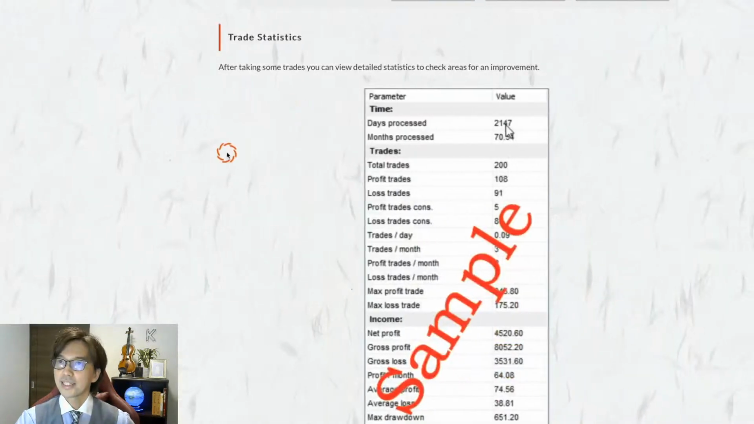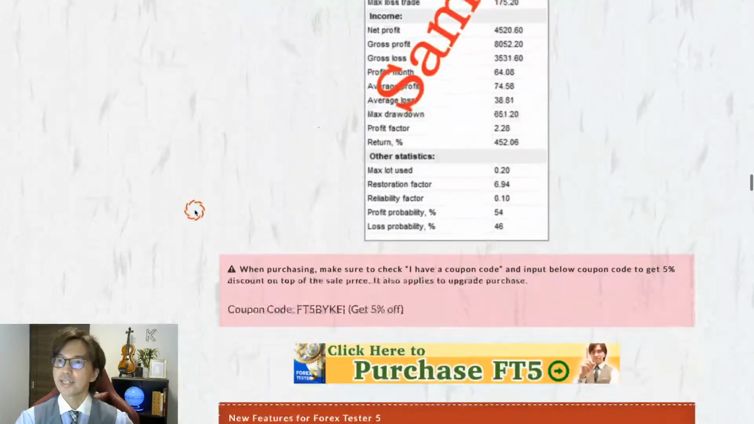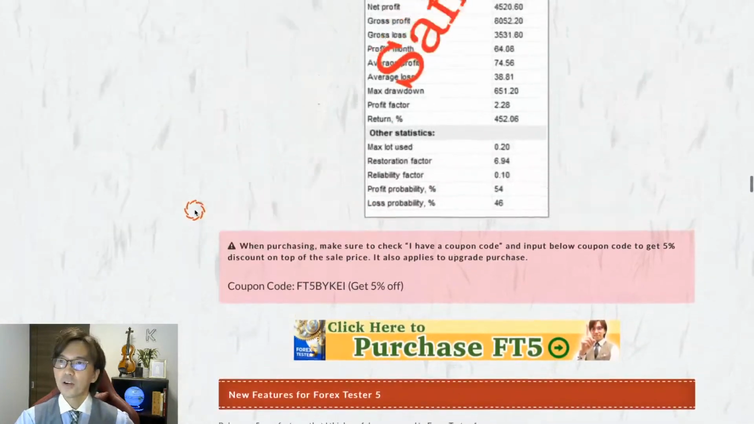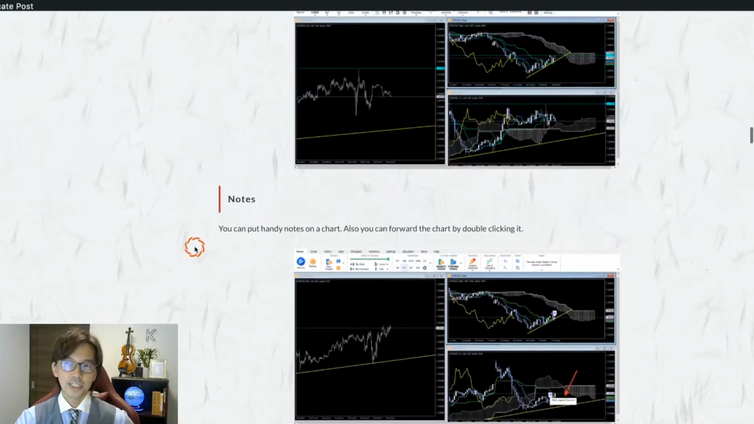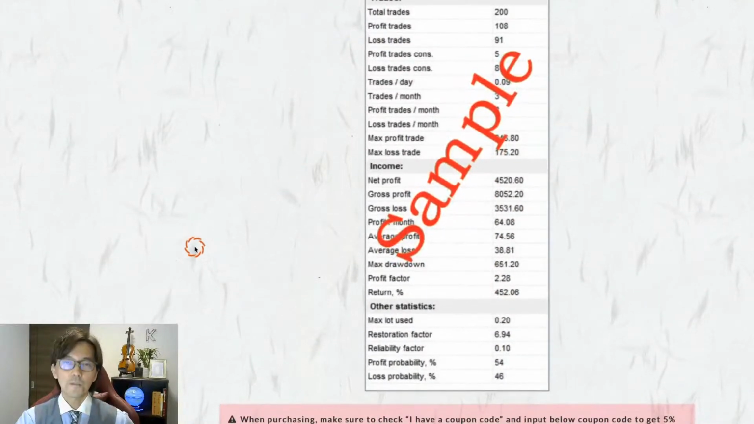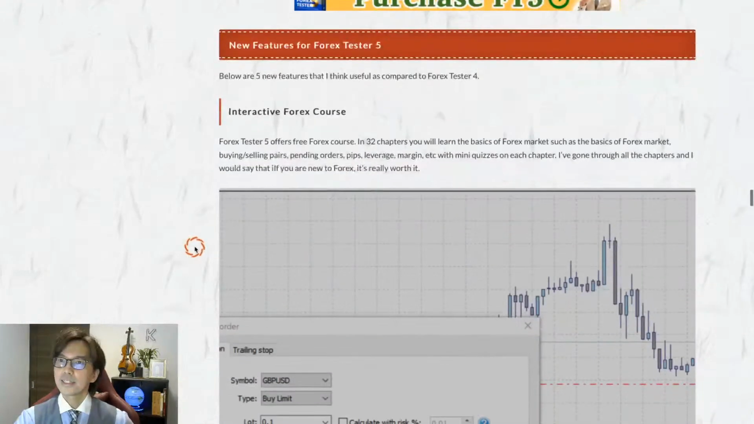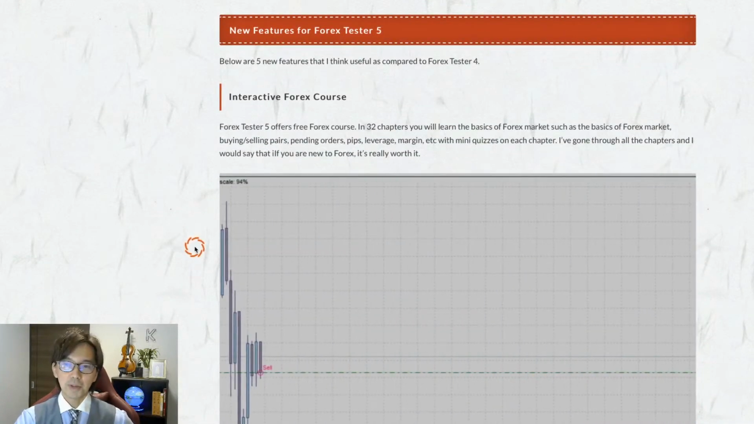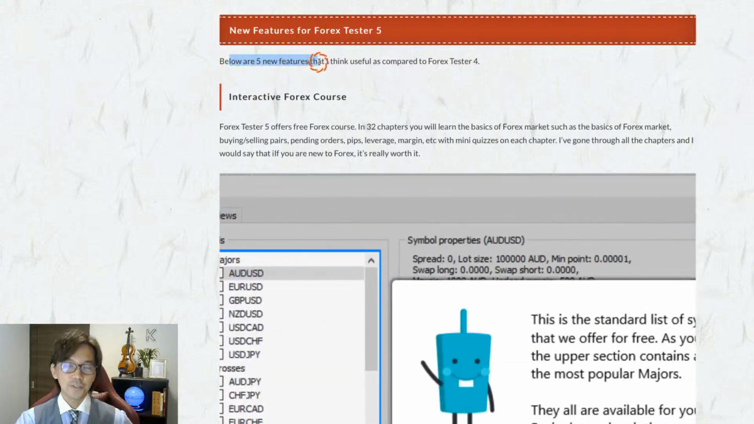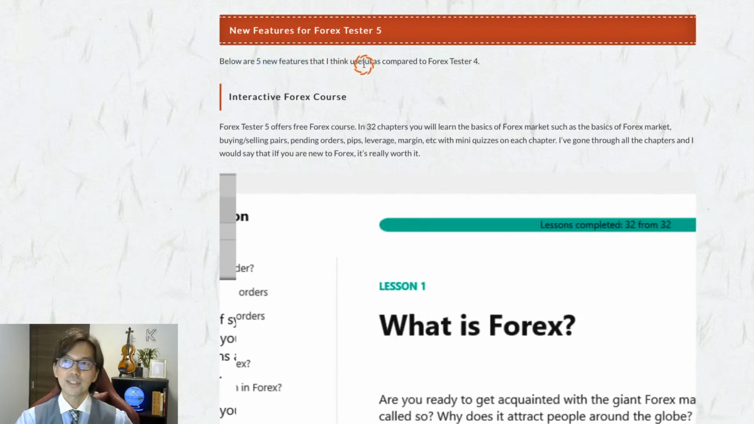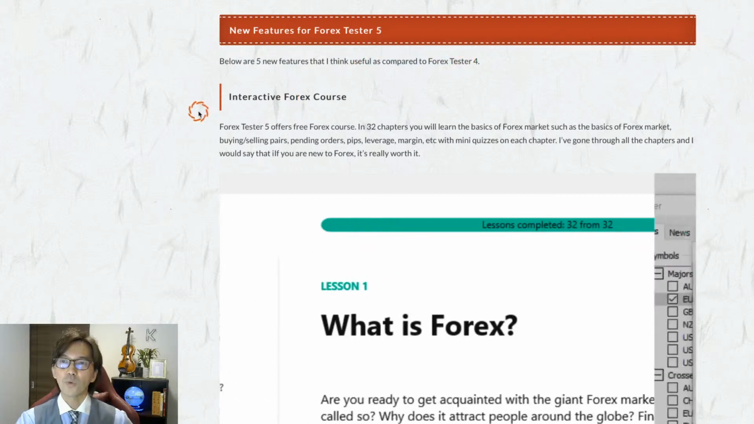So the stats are also important to look back at your strategy. So these were the 6 features that I think are so useful in the Forex Tester itself. These features so far are also available in Forex Tester 4, and now I want to introduce the new features for Forex Tester 5. So I found 5 new good features that I think are useful as compared to Forex Tester 4, and one is